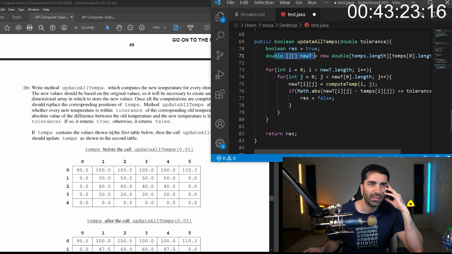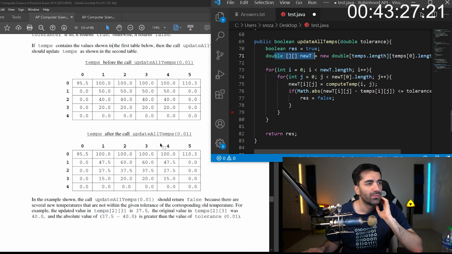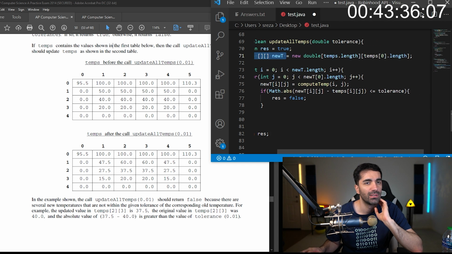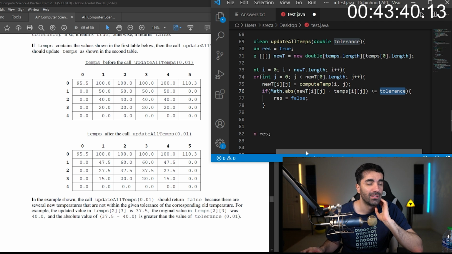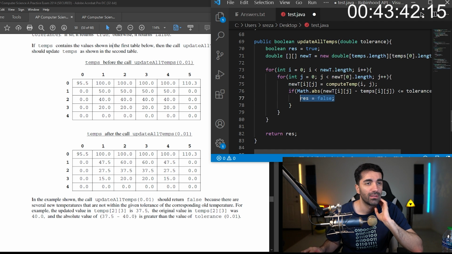So we created this new array. We do the double loop. We set the value of the new array. We check that the difference is in the tolerance. If it's not, then we want to set this flag equal to false.